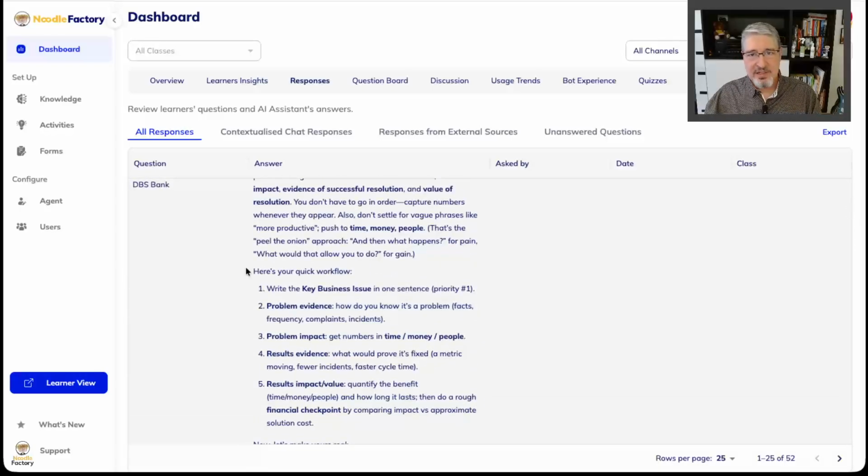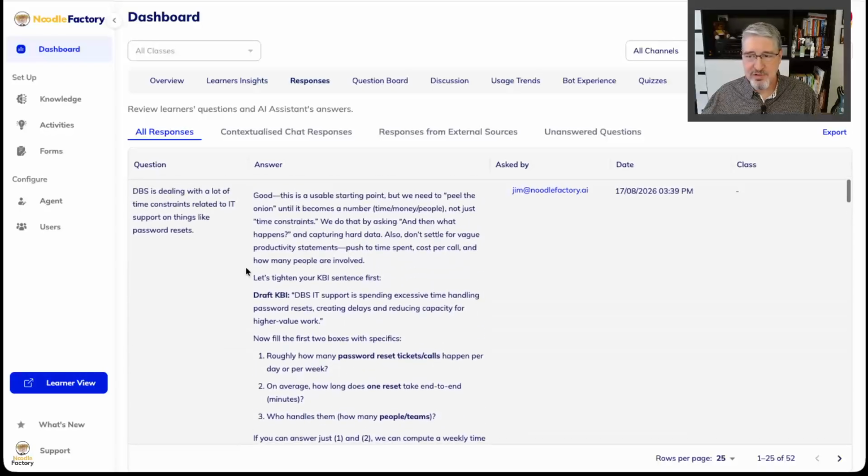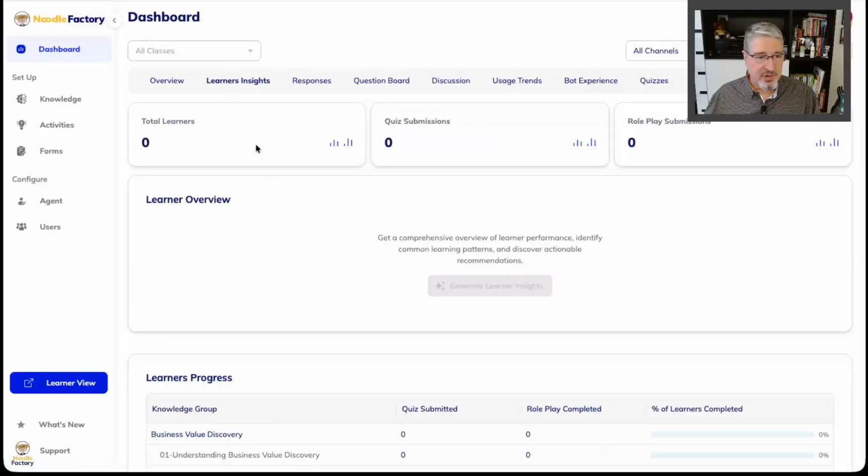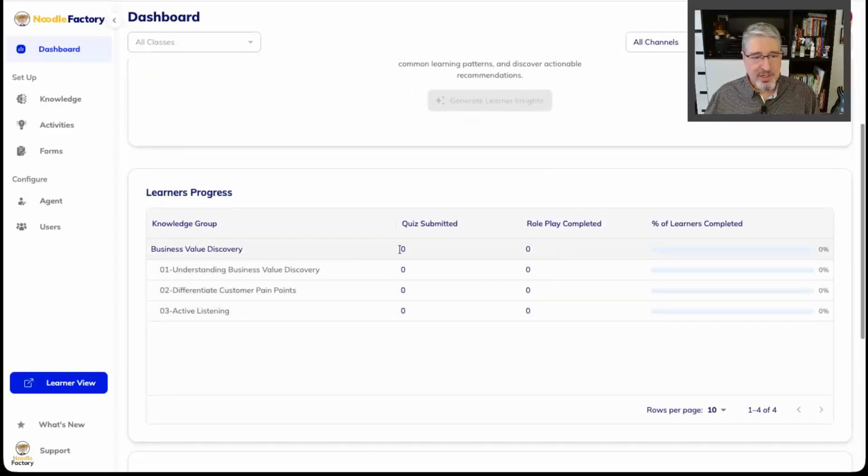Not to penalize, not to surveil students, not to police students, but let's say in a more generous fashion, if you've got a lot of students that are struggling with the key business issues worksheet. We don't have enough data here to show learner insights, but I can see at a higher level, through the learner overview, some of the patterns and progress or lack of progress that students are making.